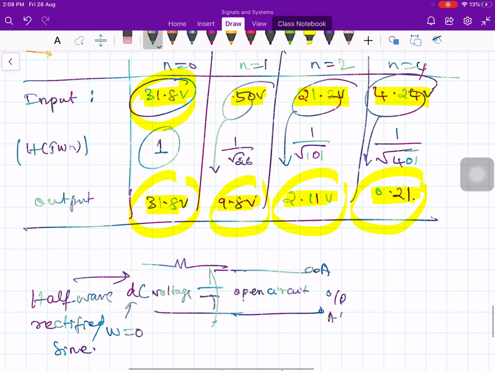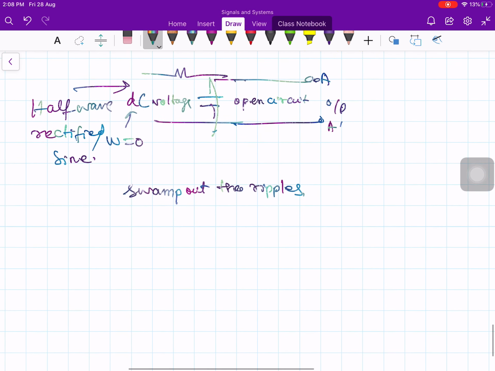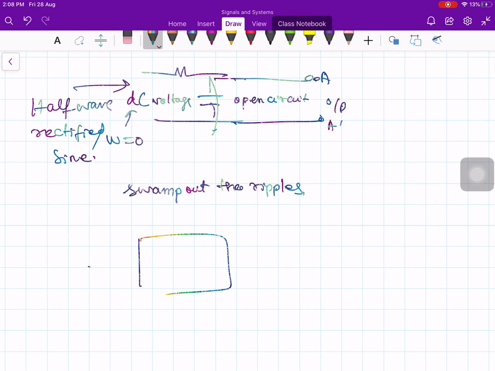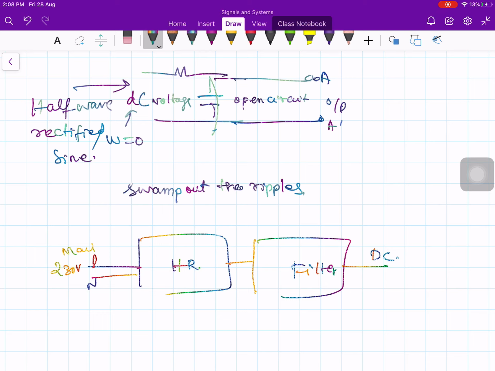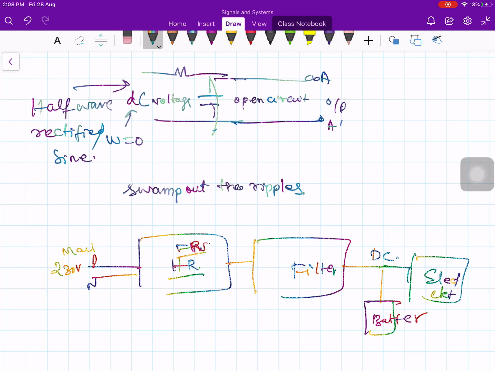Okay, so this is the RC filter. Generally you take a rectifier circuit. In electronic circuits, the power comes from the mains, let's say 230 volts, with a phase and a neutral. You give it to a half-wave rectifier, and then you put a filter, and that filter gives DC voltage, which is given to your electronic circuits, or you can give it to a battery, to storage, or wherever it is needed. Generally we will not use a half-wave rectifier, we will use a full-wave rectifier, FWR. But this is a typical block diagram: you have the rectifier followed by filters.